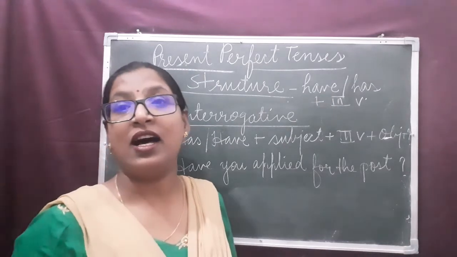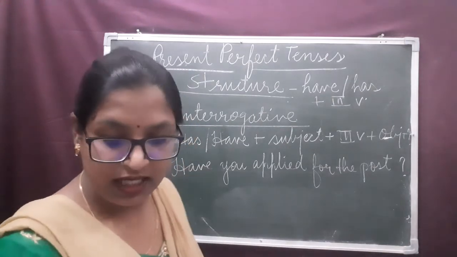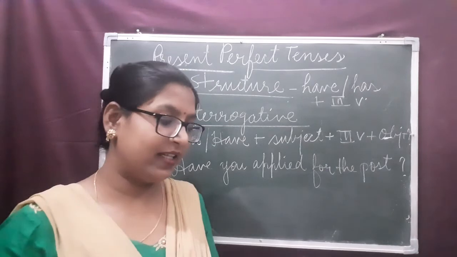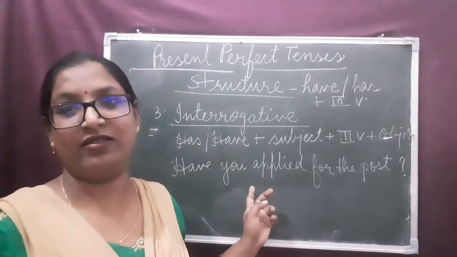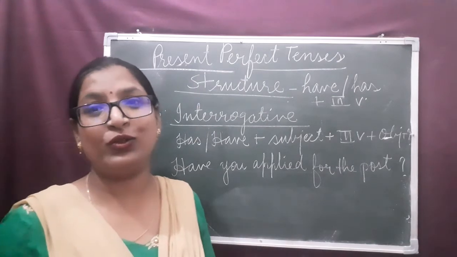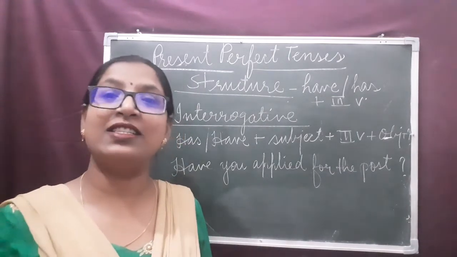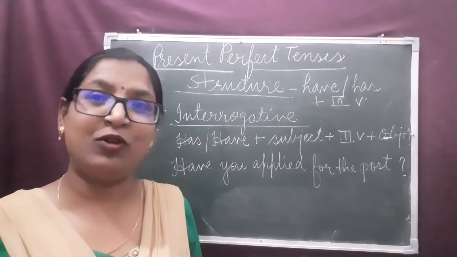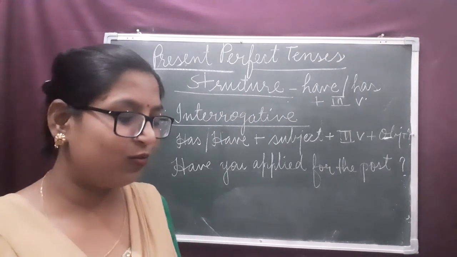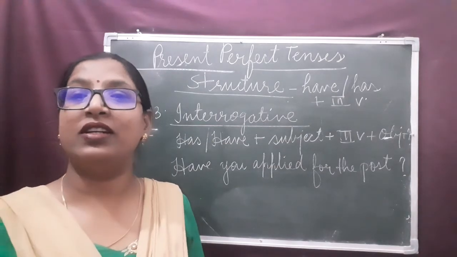It is asking a question. And dear children, it is yes no type question. Clear? I have already told you interrogative sentences are of two types. Yes no type and WH word questions. Here in your book mostly the yes no type